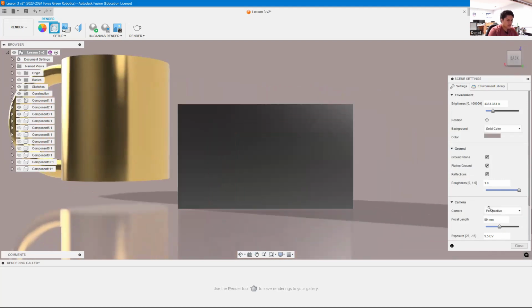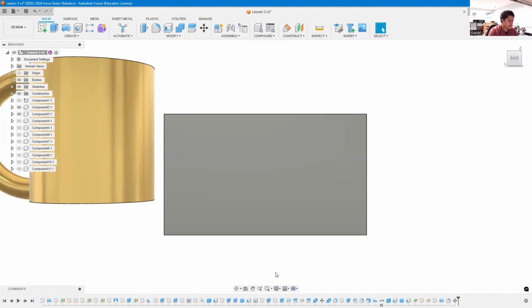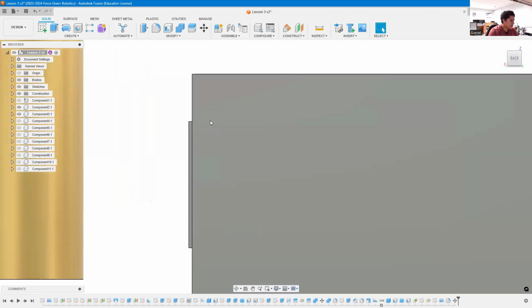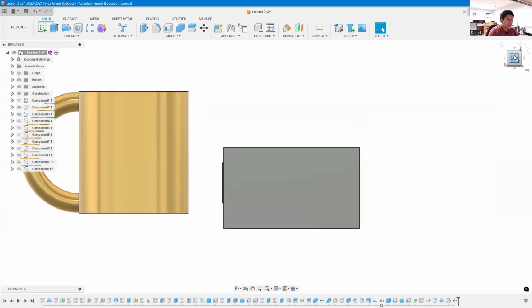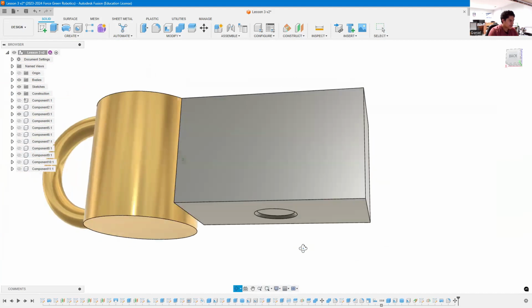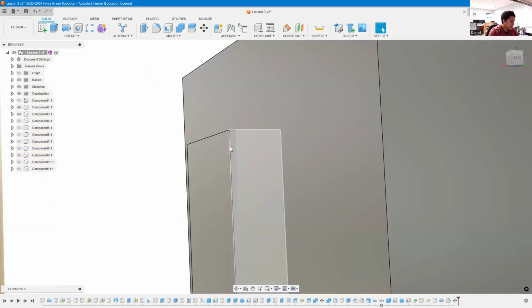So if I have, I'm gonna go back to the design to make it a bit easier. Right now, the camera is orthographic. Okay, I can see all the flat edges that are in this plane of back. If I were to do perspective, you can see how this became a lot bigger, and I am no longer seeing this little edge that